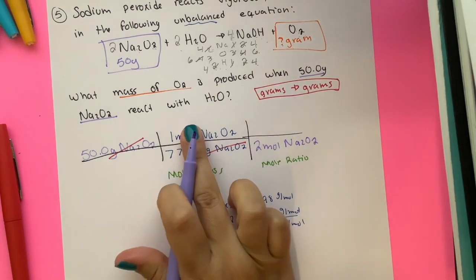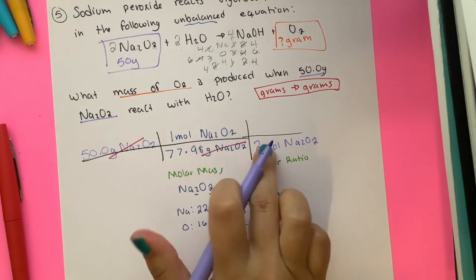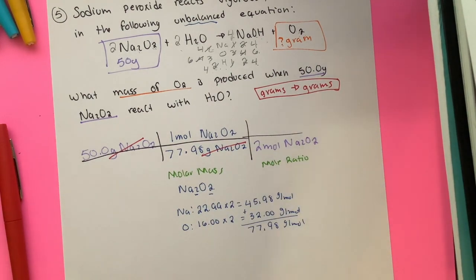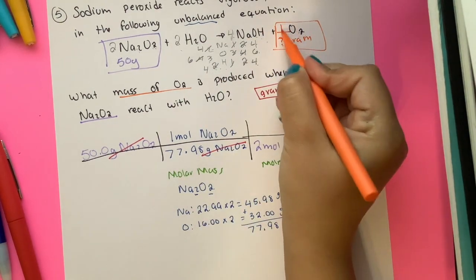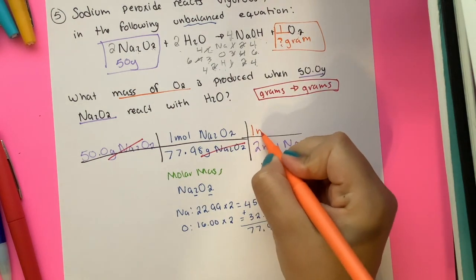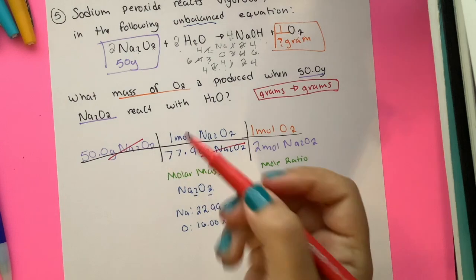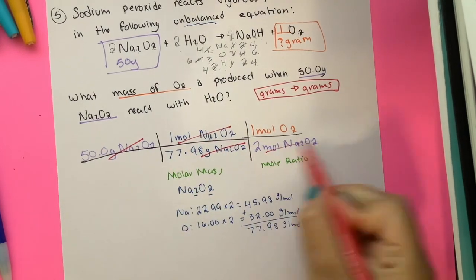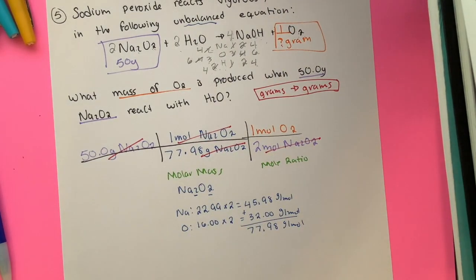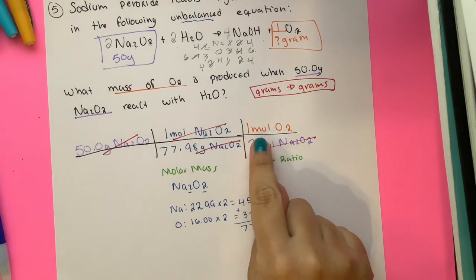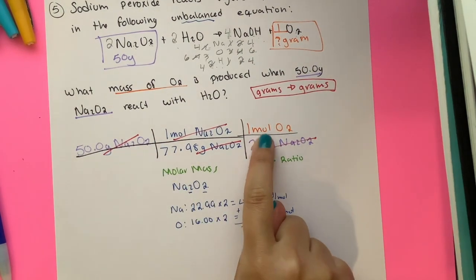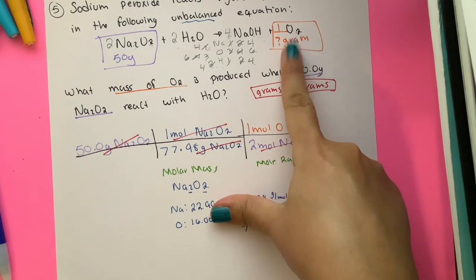Remember, I wrote it in the bottom, so the moles and moles of the same compound cancel out. For every, if there's no number, that means there's 1 mole of oxygen. I'm going to go ahead and cross moles of Na2O2 and moles of Na2O2. Now, the only unit that's not crossed over is moles of oxygen, but they're not asking me for moles, they're